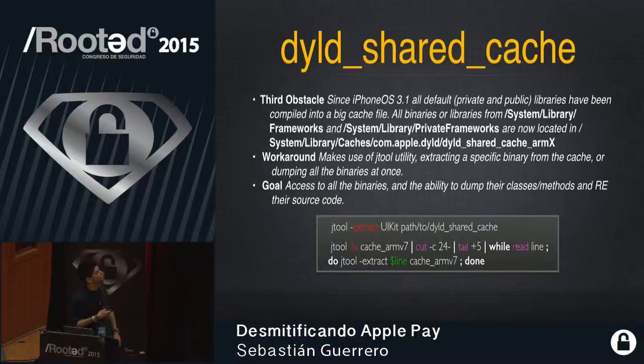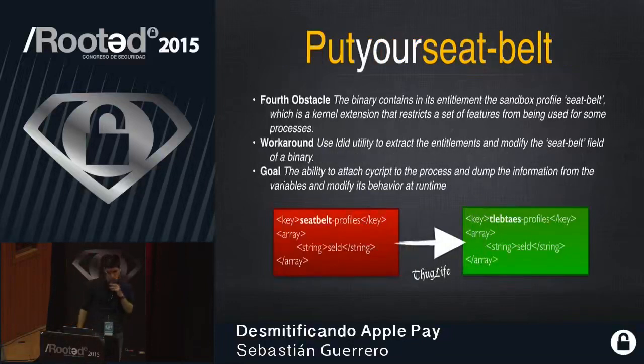All libraries from System/Library/Frameworks and System/Library/PrivateFrameworks are now located in System/Library/Caches/com.apple.dyld. Then with the jtool you execute the first line to extract the whole thing, and the second option lists all the binaries contained in the cache file. The problem with this is that you're going to take a lot of gigs of space. If you know what you're looking for, get it. This is it. I got the binaries, so I can